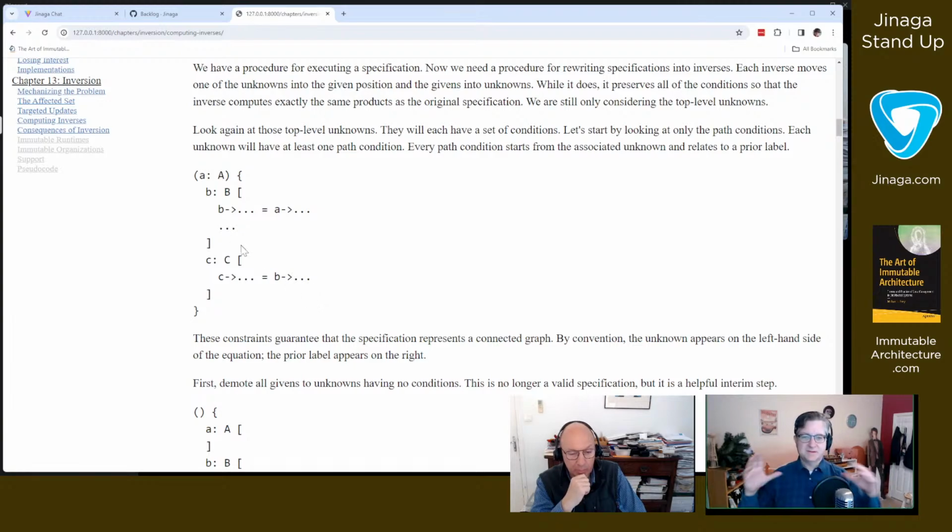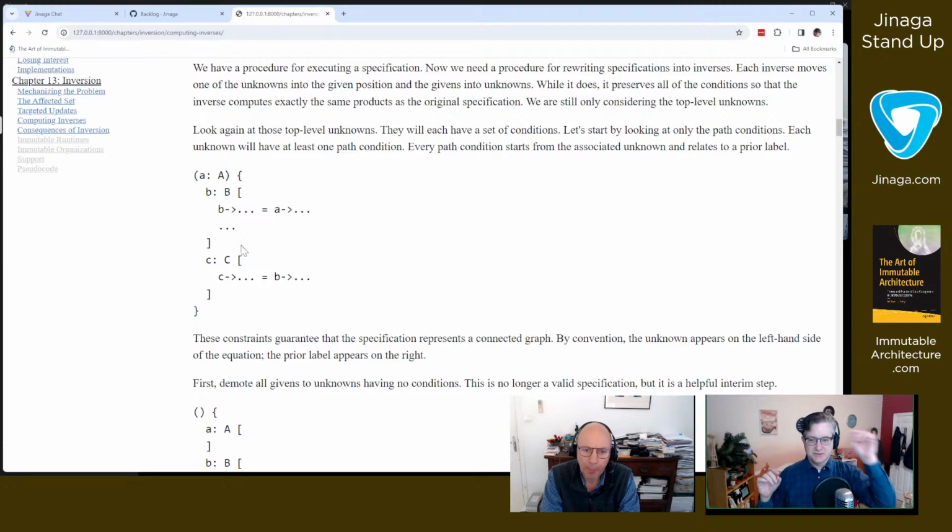And so that sets up some paths. Those paths define a connected graph. So this isn't the directed acyclic graph of the facts themselves, but this is a connected graph of being able to join one label to another.